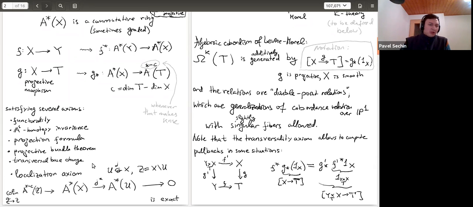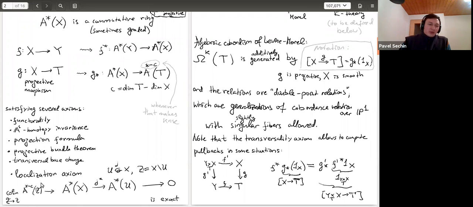The one that we will use in the sketch of the proof is the localization axiom, which tells us that if we have an open subvariety inside X, and let's assume that X is connected, then the restriction map, so the pullback along this open embedding, is surjective, and its kernel comes from cohomology groups of all smooth varieties that live over the complement. So,